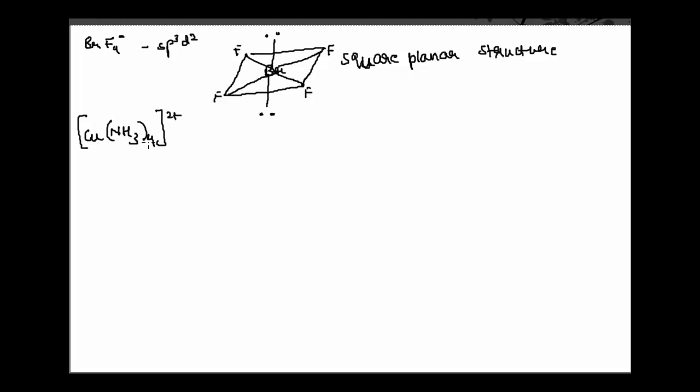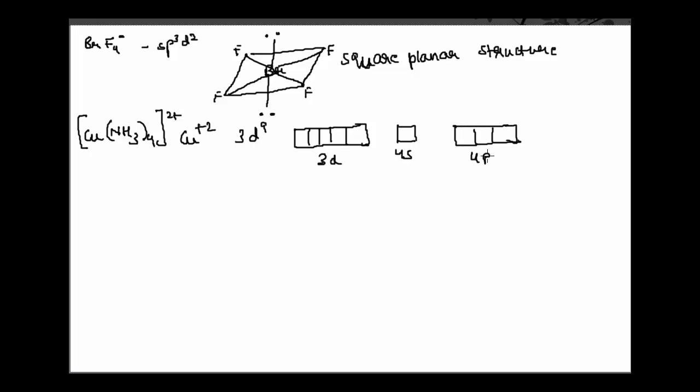Okay, so this is an exceptional case wherein the amino and the pyridine complexes of copper, see, the oxidation state of copper will be Cu+2 over here, and it will have the configuration of 3d9. So if I draw the 3d9 structure over here, this is my 3d subshell, this is my 4s subshell, and this is my 4p subshell. For 3d9 configuration, we will have 1, 2, 3, 4, 5, 6, 7, 8 and 9 electrons.